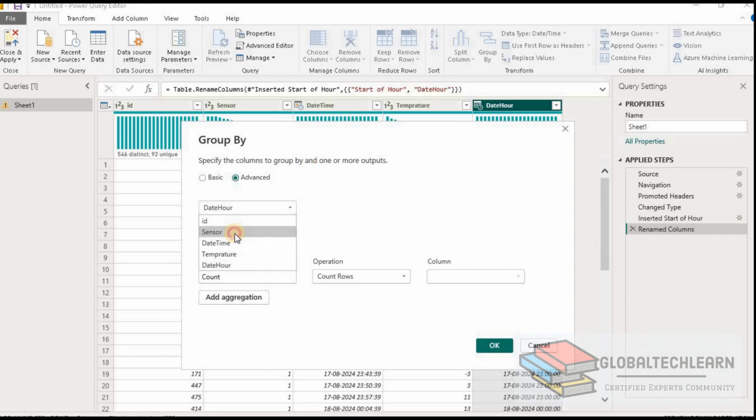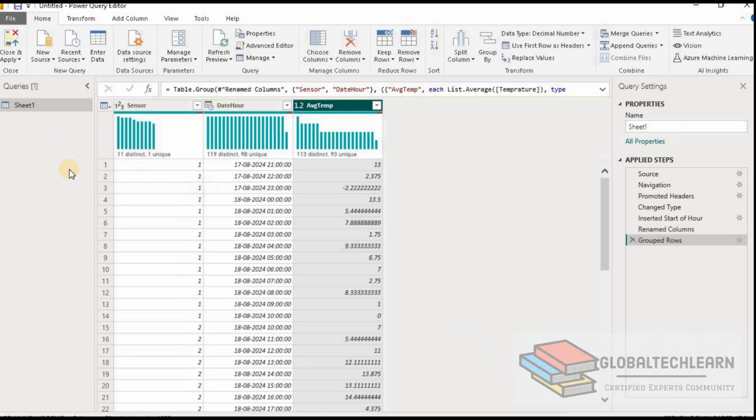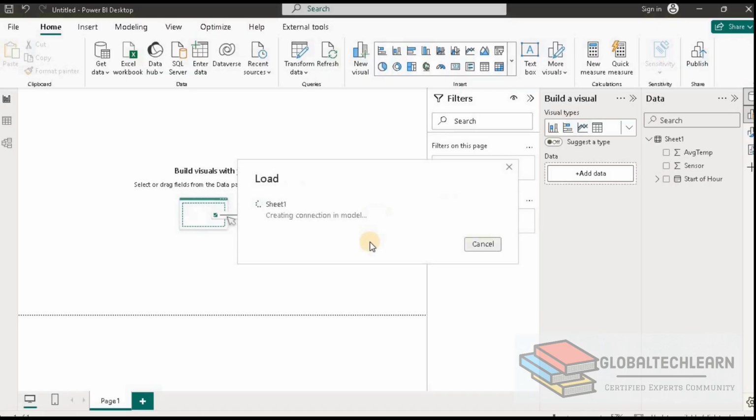Let's select the sensor, and thereafter the date hour, and under measures we need average temperature, and that should be the average of the temperature field. Let's click OK. Now we have aggregated data, and now let's click OK.